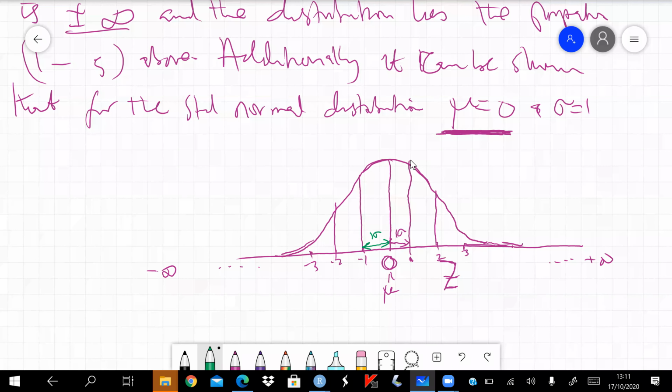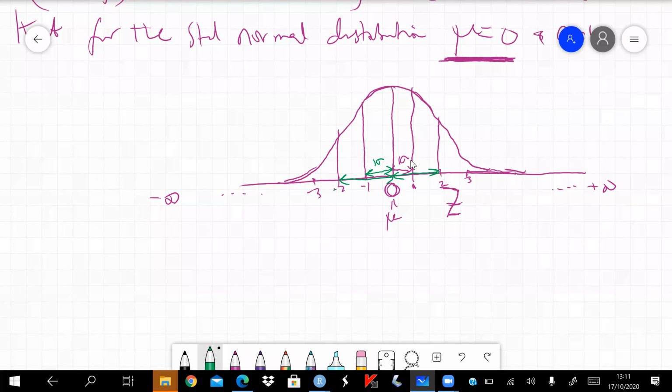Then this one, those are two standard deviations above the mean. And similarly, on the other side, we have two standard deviations below the mean, below because of the minus, and so on and so forth. Okay. Then we say that it can be shown that, and we shall do this a little bit later, it can be shown that,